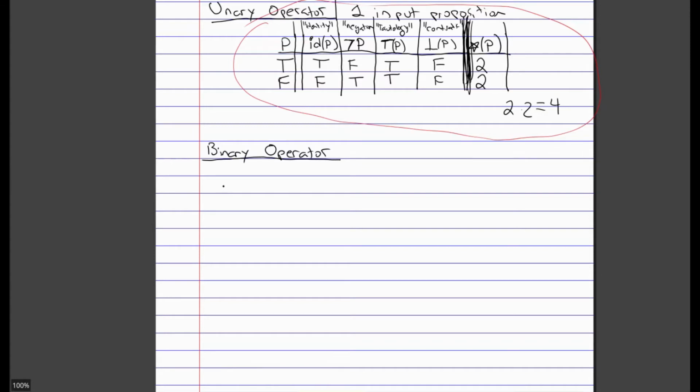So remember, let's list this out. Binary operator, we have an input statement P, and we have an output statement. Sorry, an input statement Q as well. It's not an output. Q is an input in the case of binary. And then we have that we must list out